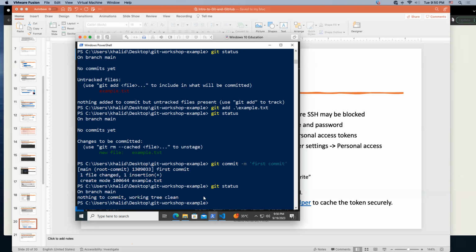So how do we push it to GitHub? Now we have this Git repository locally, local to my machine. How do I push it to GitHub? To push it to GitHub, first we need to have some sort of a mirror to what we have locally, right? So if we go back to